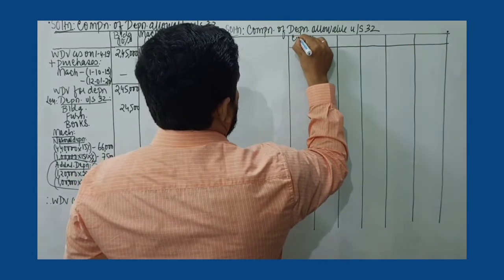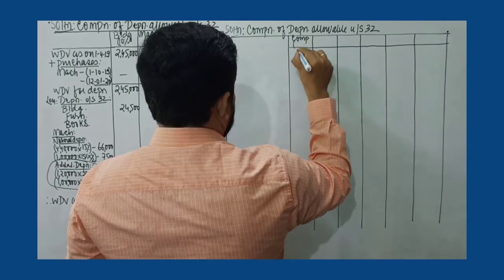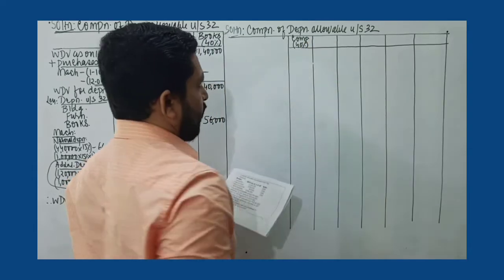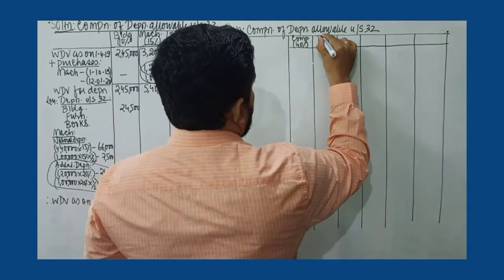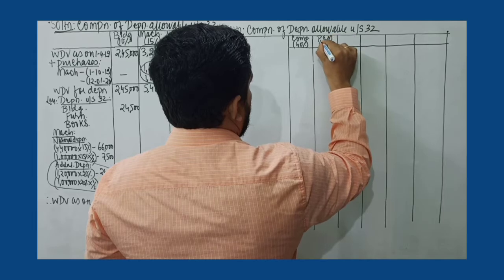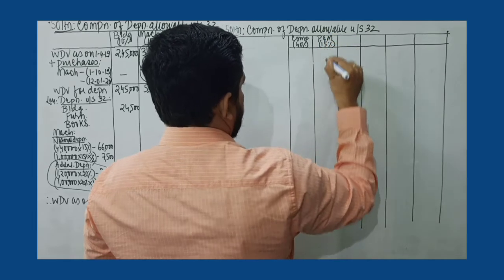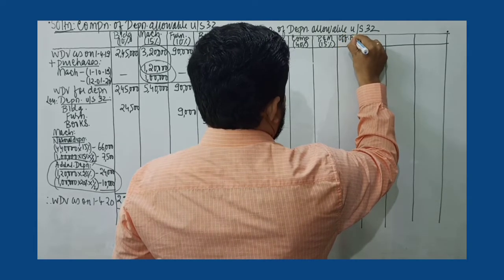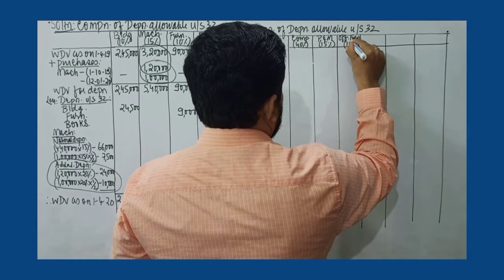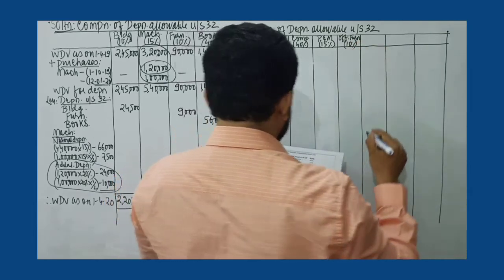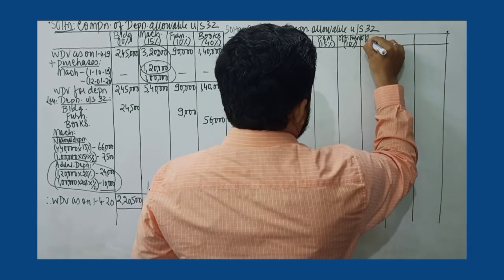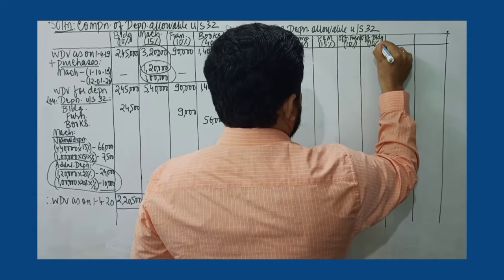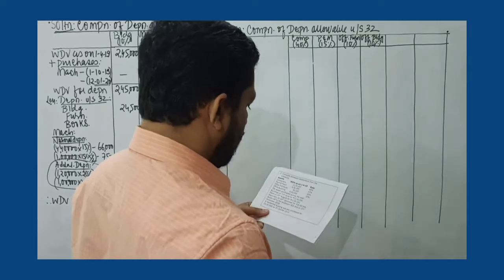So I record over here computers. Computer, the rate of depreciation block rate is given 40%, so I record 40%. Then I record plant and machinery, the rate given is 15%. Then I record office furniture, the rate given is 10%. Then I record office building. As far as office building is concerned, the rate of depreciation is 10%, that is also given.